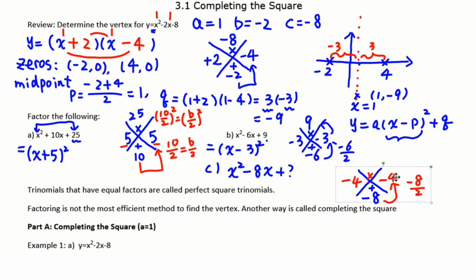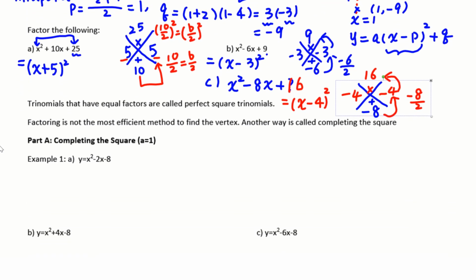Then times together, negative 4 times negative 4 is 16. If this number is 16, then times together 16, add together negative 8, we know it is x minus 4 bracket squared. And this is a method we are going to use to complete the square,